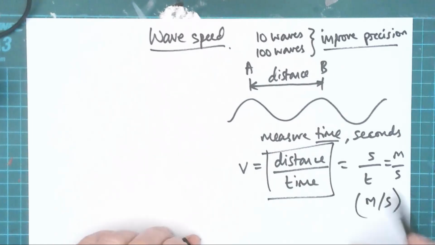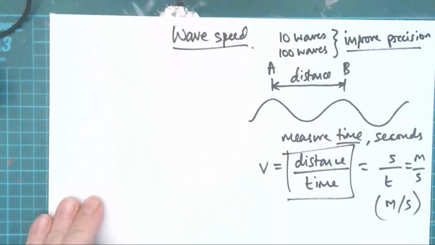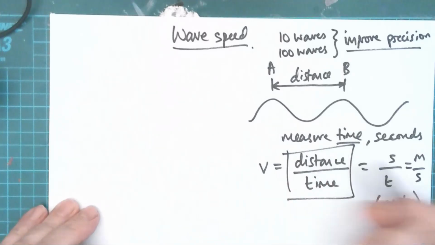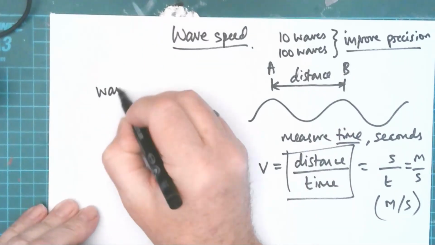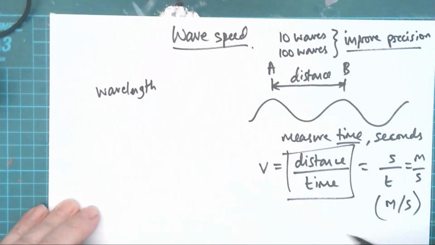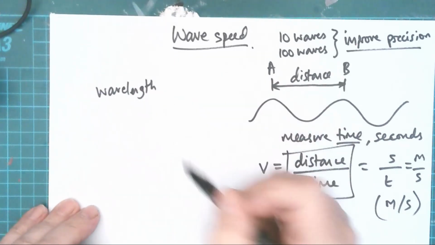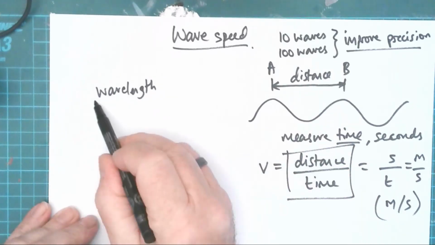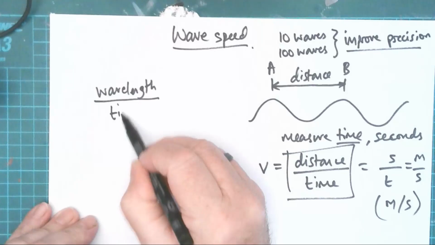but let's think about how we referred to how far along a wave we were. We talked about wavelengths. That was our dimension along a wave. Okay, it's still in meters, remember. Okay, now we could measure how many wavelengths pass a point in a certain amount of time, and that would give us